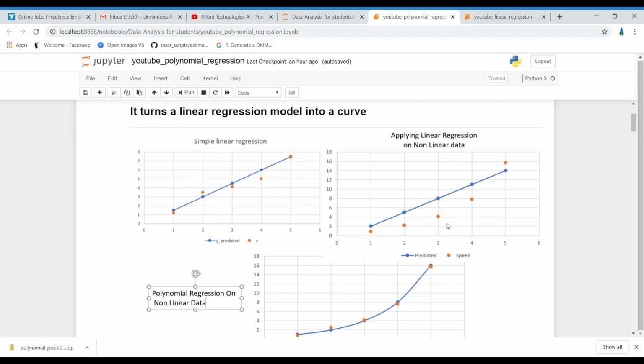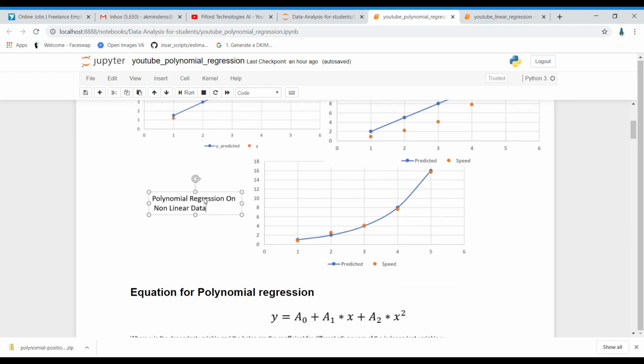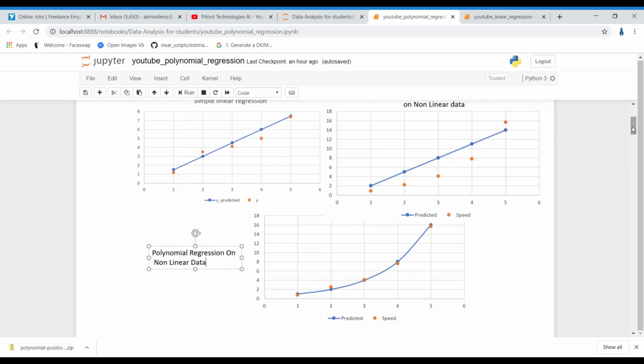So how do we solve such a problem, when you have non-linear data, how can we train our algorithm on it? For that, we can use polynomial regression. See over here, the orange ones are the actual data points and the blue ones are the predicted data points. So polynomial regression is giving us quite good results, right? Almost 100% accuracy is there.